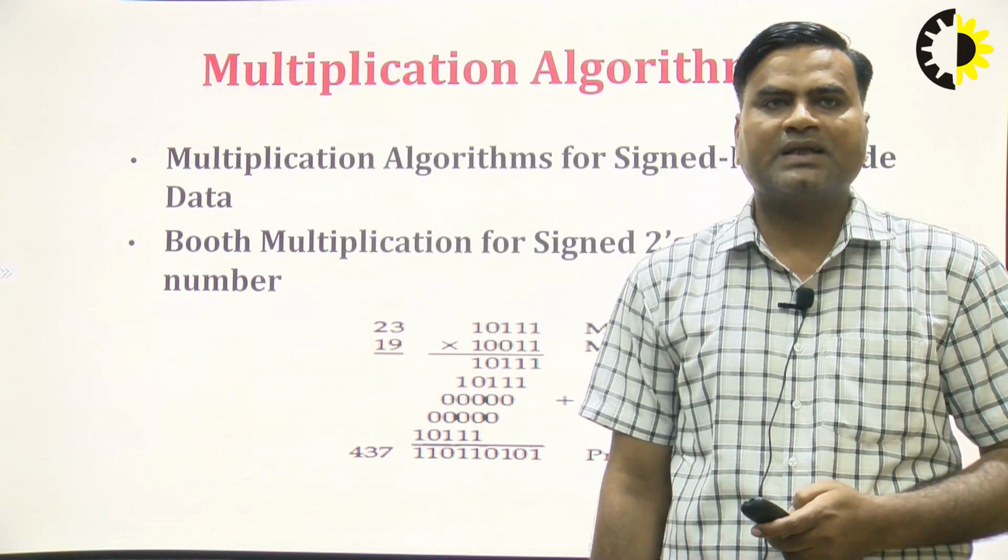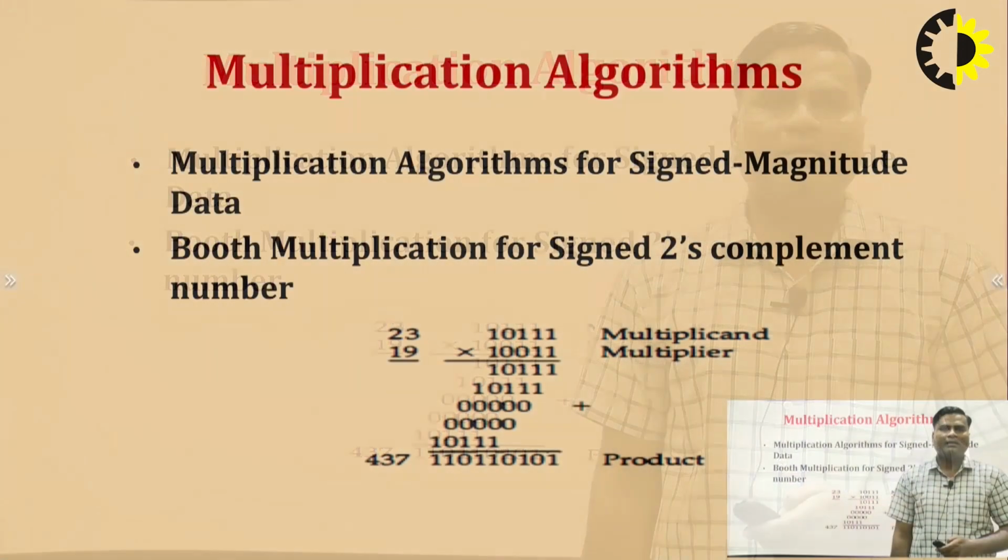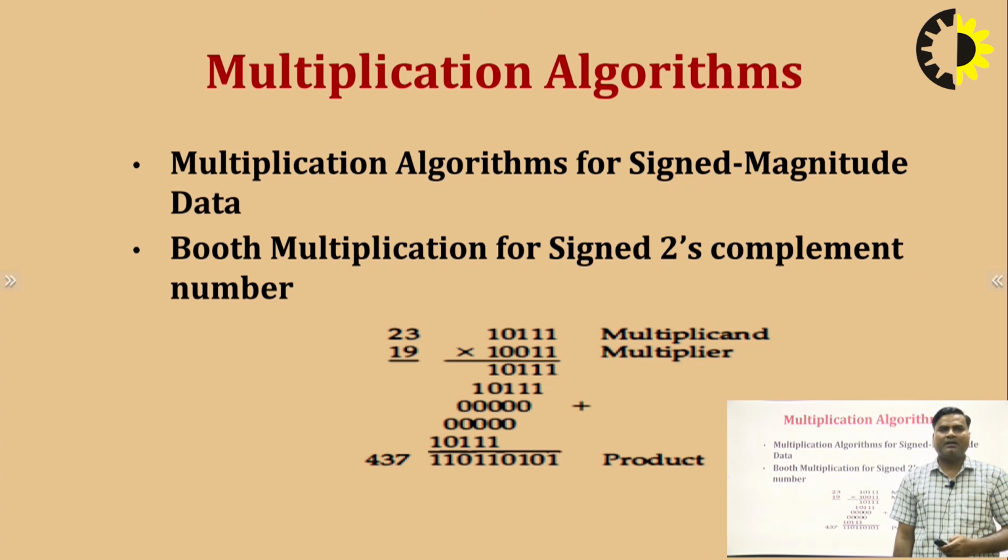If we talk about the sign magnitude data, then we multiply the magnitude part and we calculate the sign separately, and we only multiply the magnitude part. And if we talk about the Booth multiplication for signed 2's complement number, in which we can multiply with the sign,